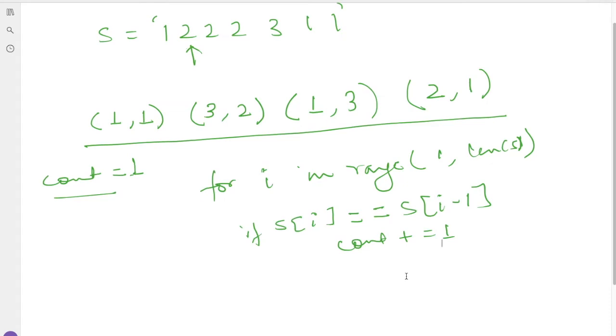Correct? Now here if you see, I am starting from index 1, so my current value is 2. s of I is 2, and is it equal to s of I minus 1? s of I minus 1 is s of 0, whose value is 1. So is this equal? No, this value is not equal. So what we will do, we will go in the else part and simply print the